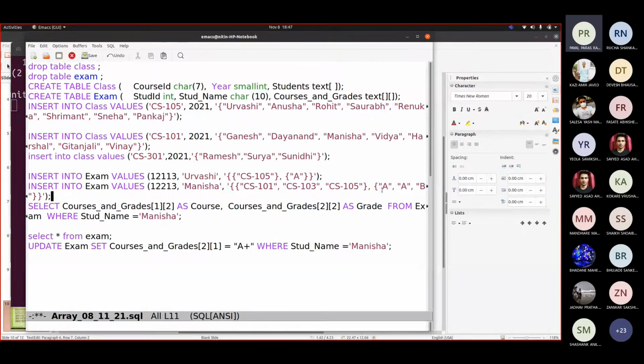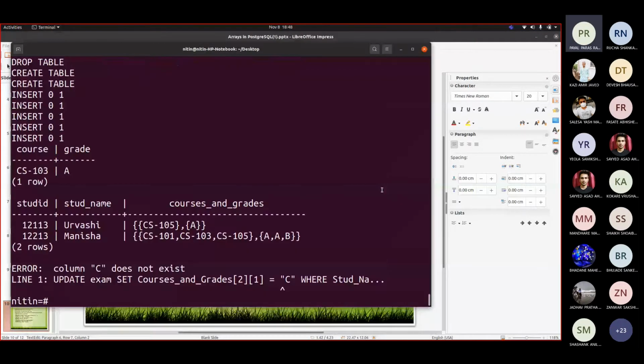So let me take C. Set course equal to C. Column C does not exist.